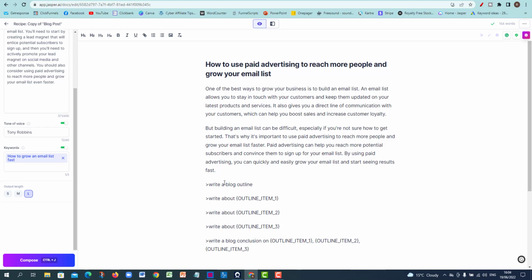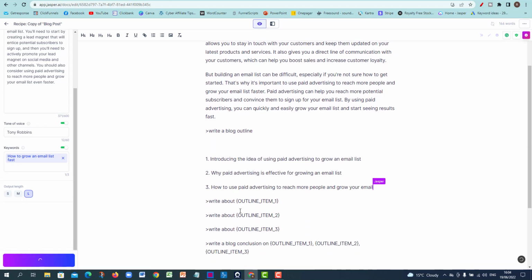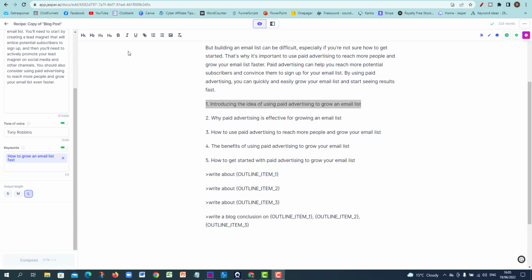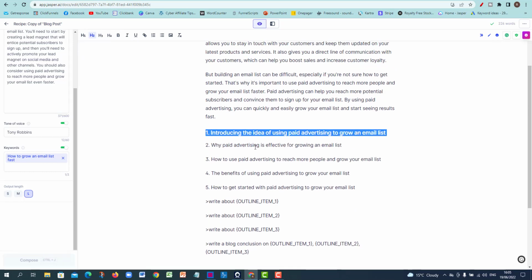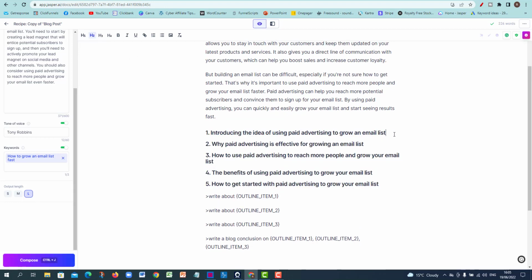So we're going to do the exact same thing again. So put the cursor on the end of the line here and either click Control Enter or click Compose or Control J. So there's a few different ways of doing it. I'm just going to click Compose this time and see what it does. Alright, so we've got 5 points here. So what we're going to do is we're going to highlight this and we're going to turn each of these into a H2 heading. Okay, so let me just do this a bit quicker, turn them all into H2s,